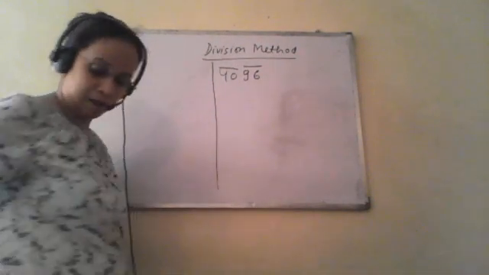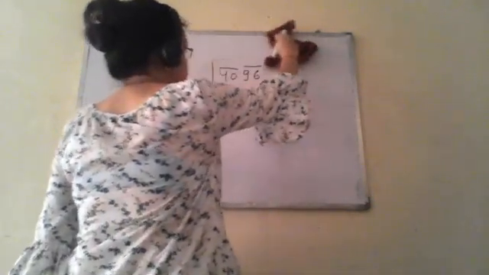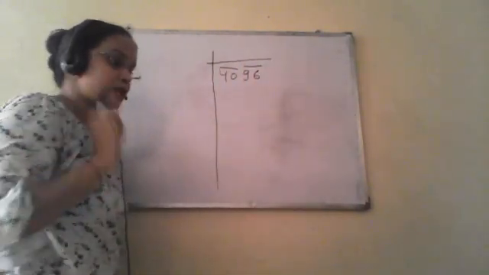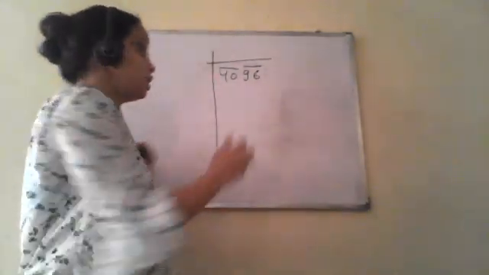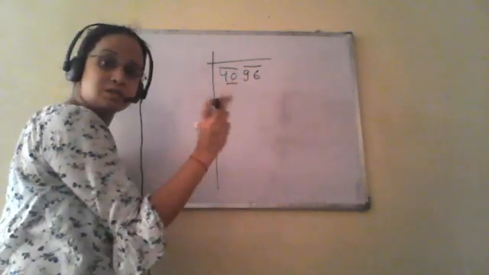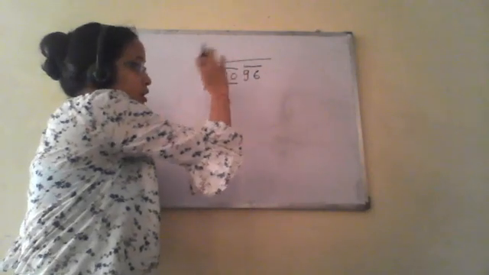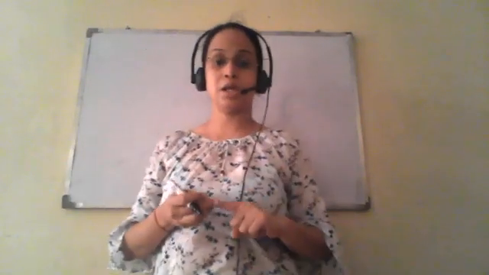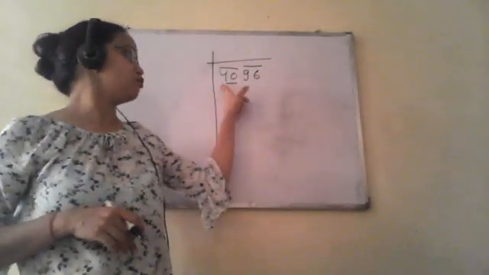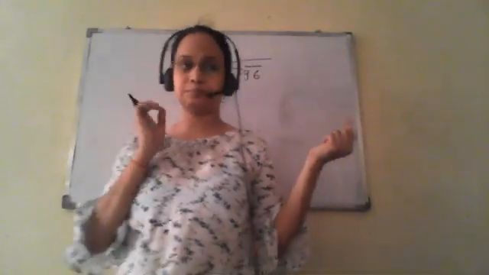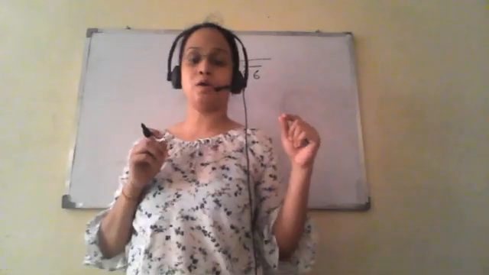So this thing is clear now. We have put bars. Now the next step, what we have to do? We have to think of a number whose square is either equal to or less than this 40, meaning the first number under the first bar. So if you see, there is a number 36. Clear? 36 is the square of 6.